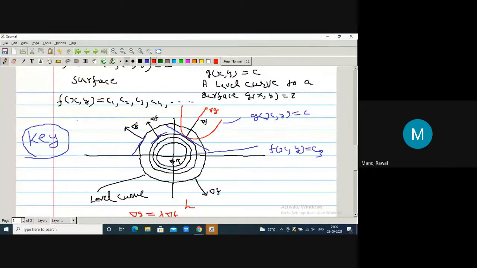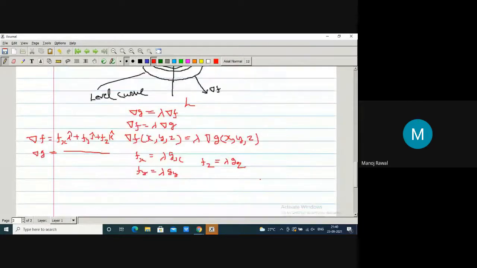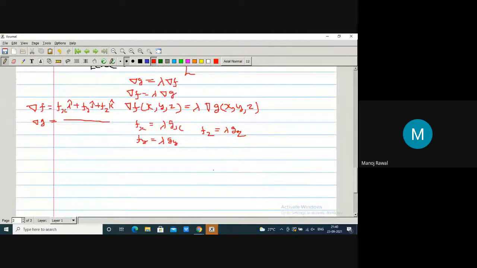geometry will always help you to remember. Geometry will always help you to remember any concept. So this geometrical idea is much more important than the long proof they do in the book. You should go through that proof also. He has made this a theorem, not in your book but in another book you will find this direct theorem.